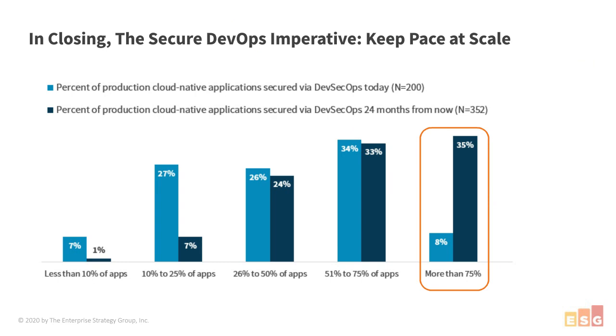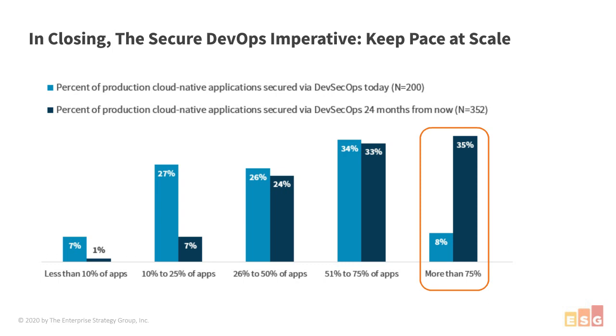In closing, I just want to wrap up that the charter here for the cross-functional team, I don't want to say just the security team, that's the team sport, is to keep pace at scale. There's no more putting the DevOps genie back in the bottle. Boy, that's a horrible metaphor. You know what I mean, though, right? We're not going backwards. We're not going to go back to traditional process methodology. This, like I said, has become the new normal. So the charter is, how do I keep pace at scale?